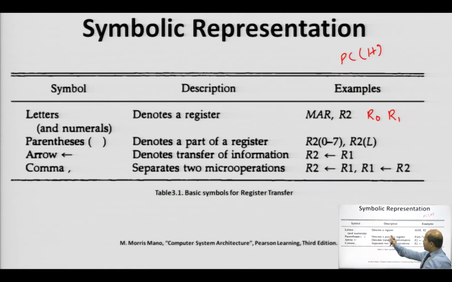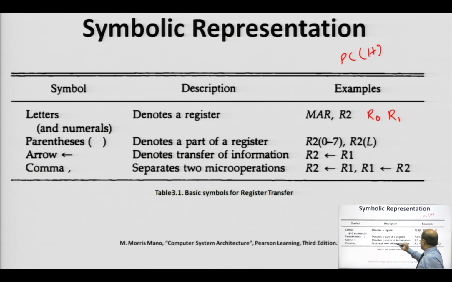Then we have talked about various symbols which are used in register transfer. Letters and numerals are used to represent registers like MAR, R2, R0, R1. Parentheses are basically used to represent part of a register, for example, R2(0-1), R2L, and this arrow is basically used to represent the transformation direction from source to destination.